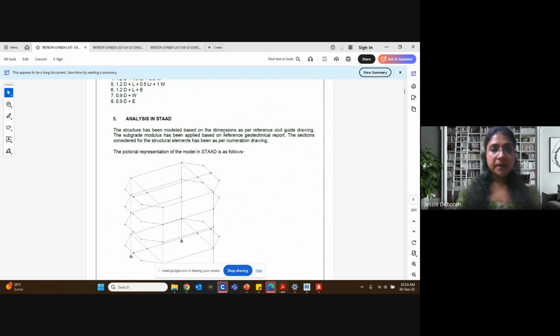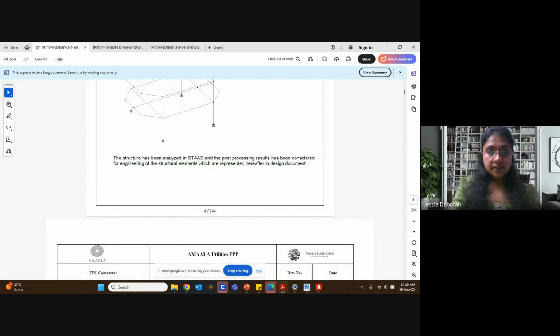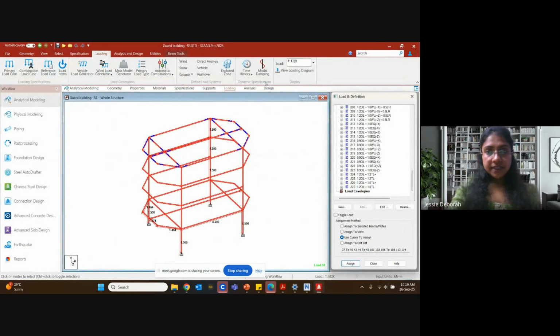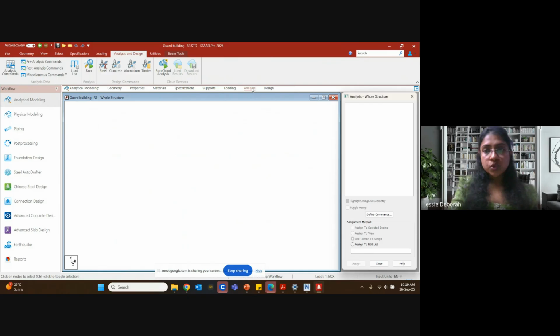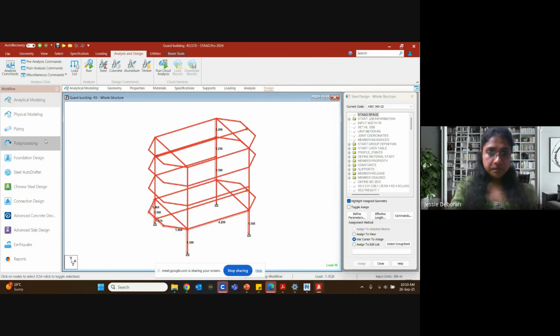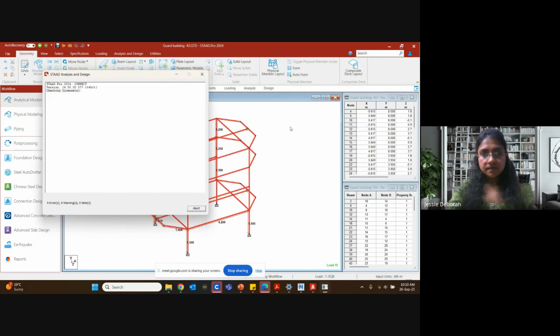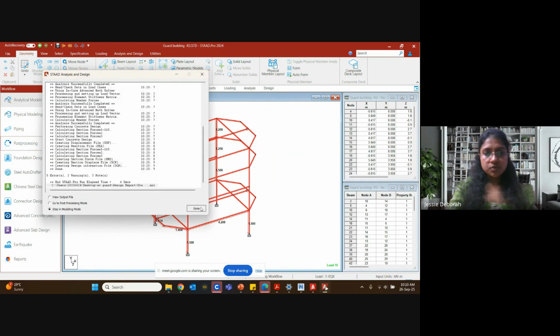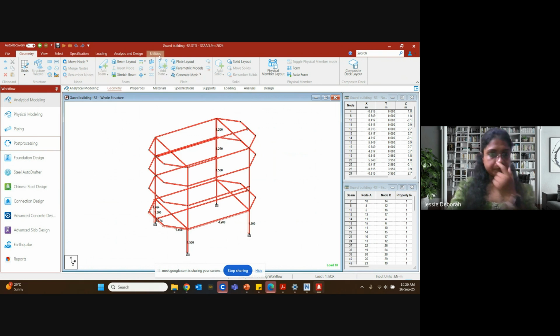ஓகே, ஸோ ஸ்டாண்ட்ல நம்ம அனலைஸ் பண்றோம். ஸ்டாண்ட்ல அனலைஸ் பண்ணும்போது என்ன ஆகுதுன்னா, see what you will do here is ஸ்டாண்ட்ல போய் இந்த இன்புட்ஸ் எல்லாமே லோடிங் வரைக்கும் கொடுத்துட்டு லோட் காம்பினேஷன்ஸும் கொடுத்தாச்சு அப்படின்னா you have to give post processing. Okay, so errors எதுவுமே இல்ல, you have got this. Okay, so இப்போ இங்க இருந்து what we will do is